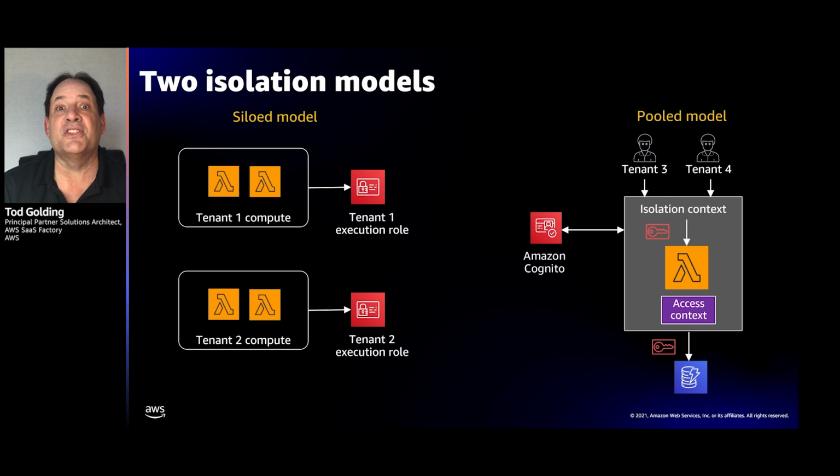So this requires the cooperation and the use of these individual functions to be aware of the fact that they have to resolve that. Now, with libraries and other mechanisms, we'll go out and make it easier to resolve that and get that policy data, and we'll supply different mechanisms to help with that. But still, the code could go around it here in a way that it couldn't in the siloed model.